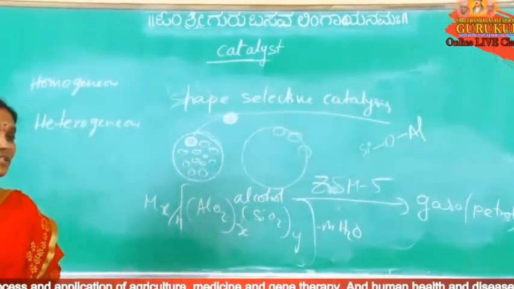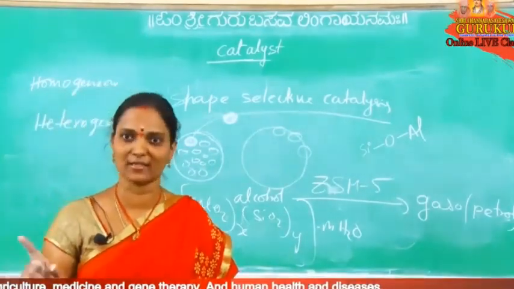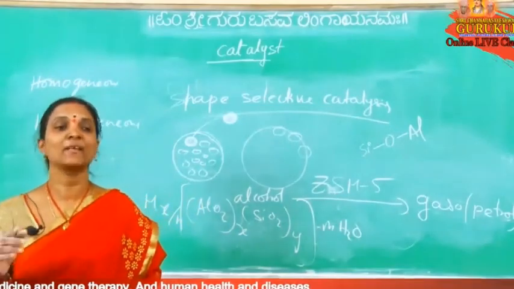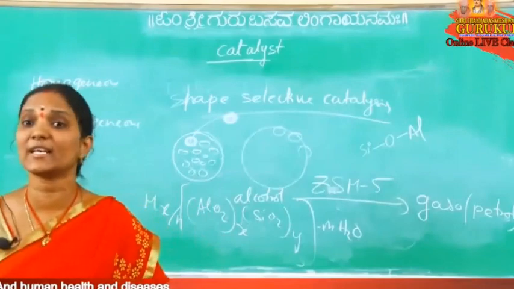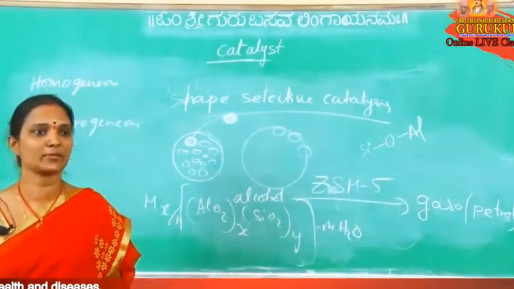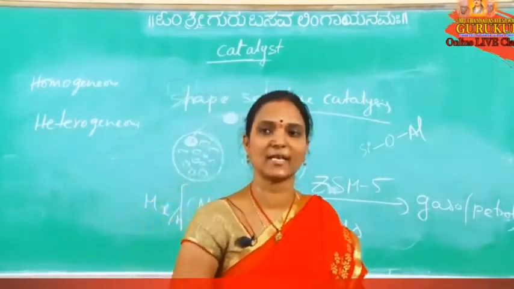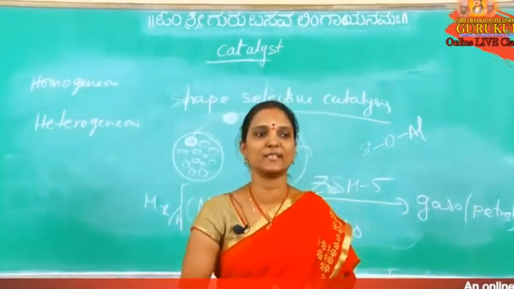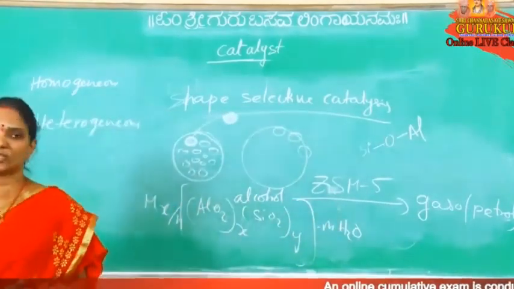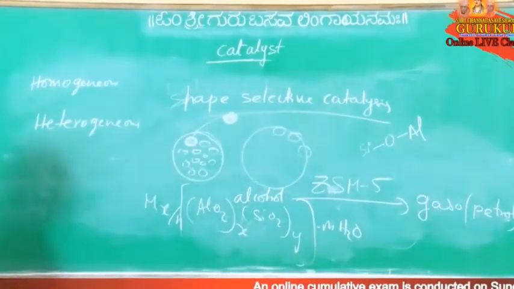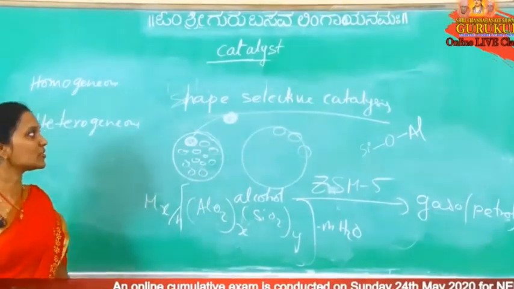Based on zeolites, there are three important questions. One is that zeolites are shape selective catalysts. Next, if some of the silicon atoms are replaced by aluminium atoms, silicates are replaced by aluminates; this option is given as a wrong option. And which one acts as a catalyst for the conversion of alcohol to gasoline? It is ZSM5. They won't ask this formula anyhow, it is just for general knowledge: Mx/n[(AlO2)x(SiO2)y]·mH2O is the general formula of zeolites.